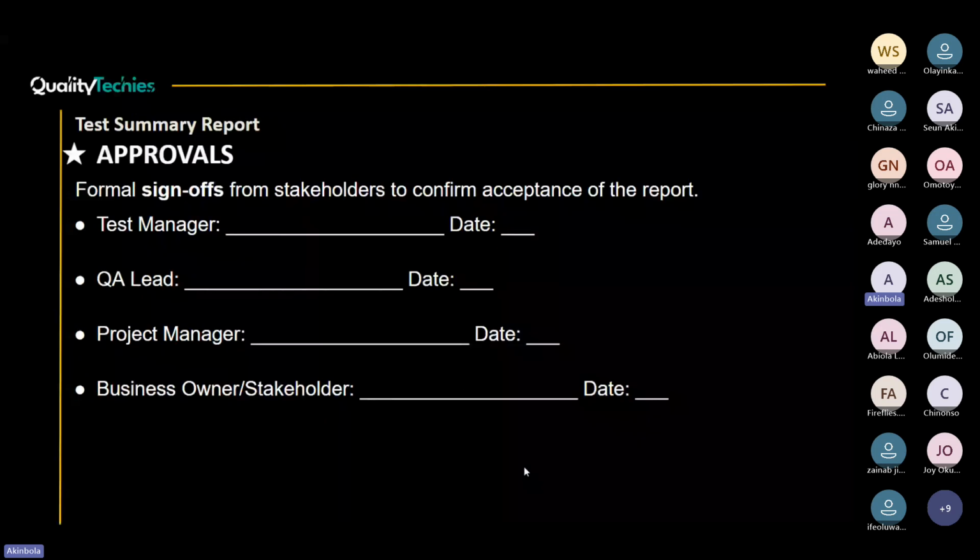Then the last section of your summary report or completion report should be the approvals, where stakeholders will sign off. After going through everything, you've stated your risk, your risk to release, your risk assessment and everything. They have read it, they agree with what you have written, and then the signature of those